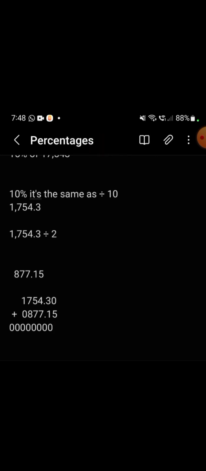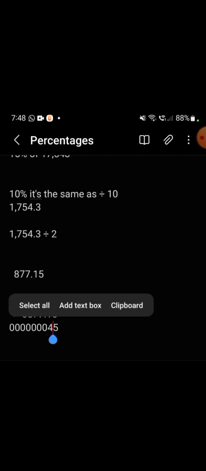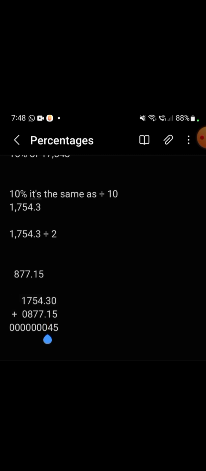5 plus 0 is 5, so we'll put 5 there. Take away that 0, and 3 plus 1 is 4, so you've got 0.45 there, and you put a decimal point. Okay, then you can just go like that and put loads of spaces until it reaches... This is on 1, so